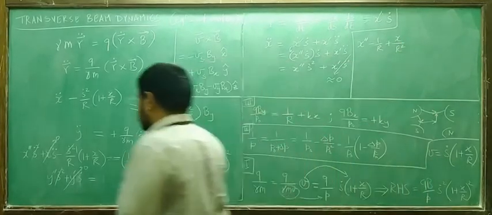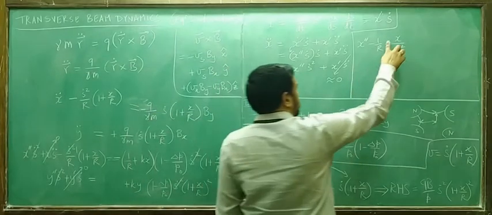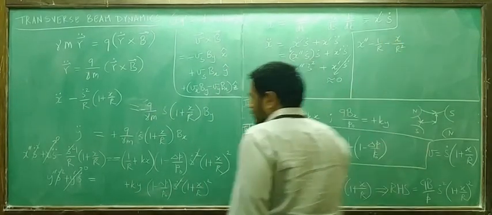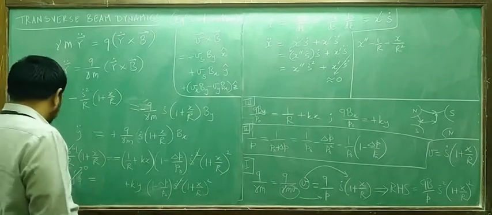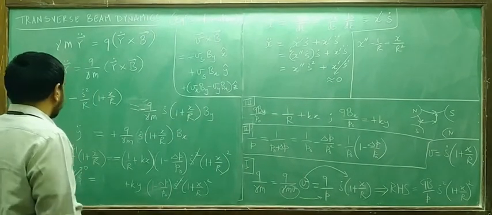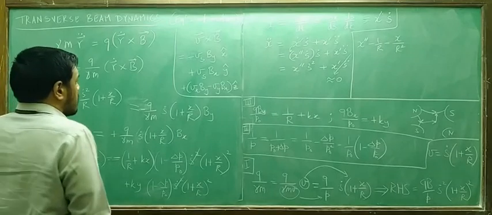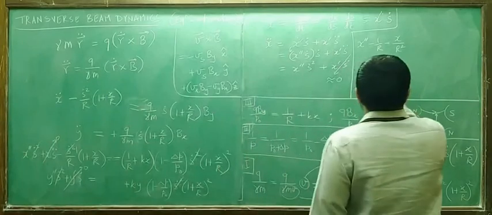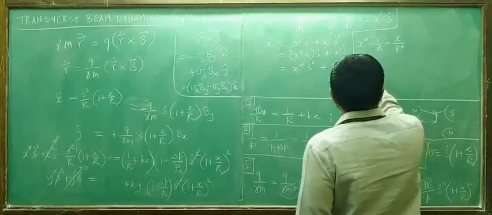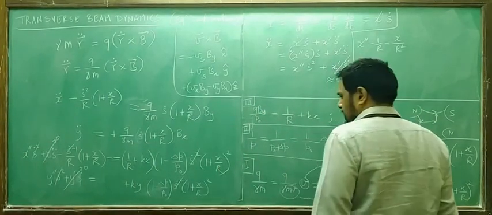We have just minus x. We have just expanded both these terms in the bracket: 1 by R into 1 and 1 by R into x by R. There was a minus sign already. Okay, here. Right hand side will become, if you are careful about your things, right hand side will become